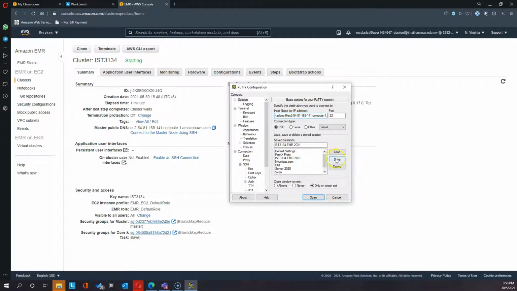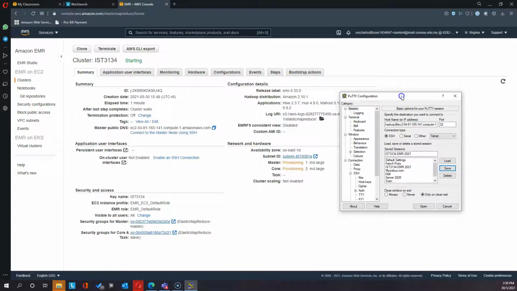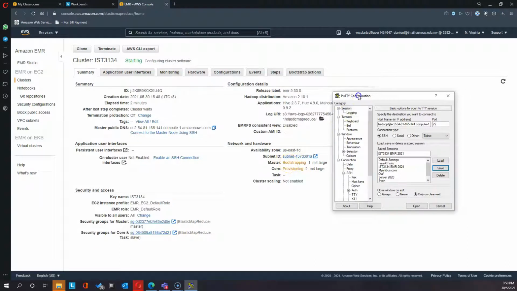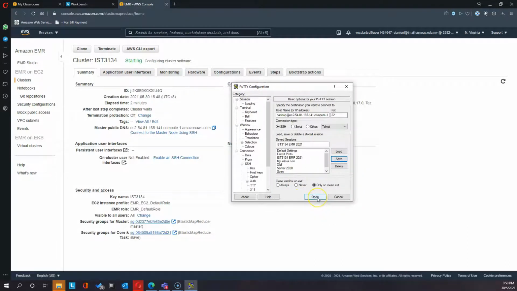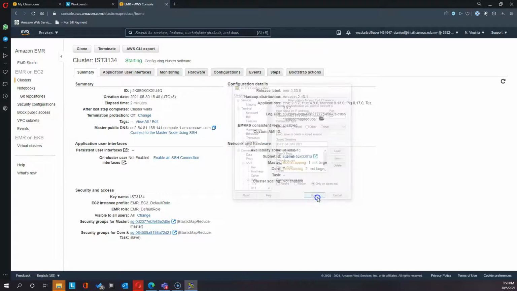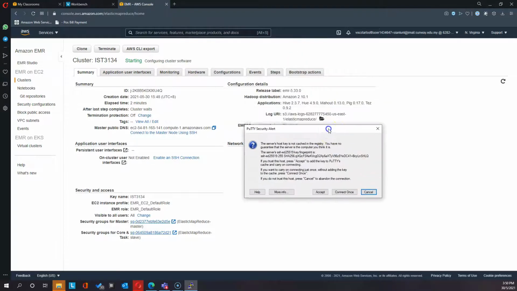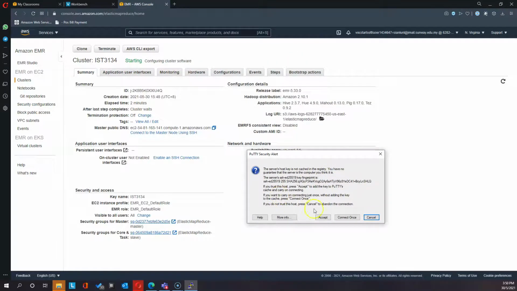To double confirm, you can click here and save, so that if you do not terminate it next round, you can just use it. At this point, I'm not sure since they are still provisioning, so you may not get something ready, but you can see now it's at bootstrapping, and at this stage, let's try and see whether the connection will work. So at this point, if the server is ready, you get this interface. You can click accept,